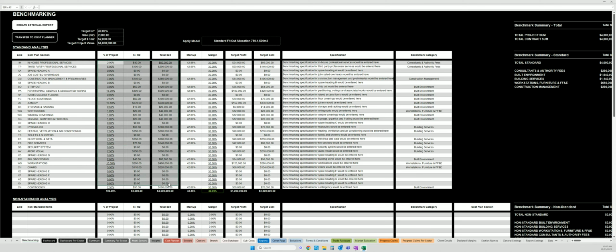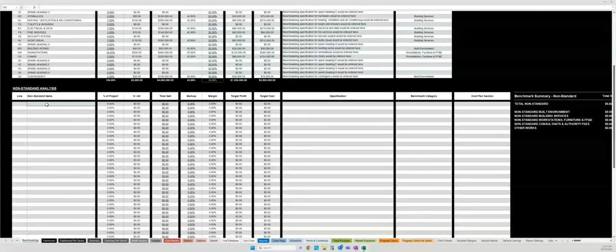So we've allocated our unique items, but there may be certain items within the project that sit outside. In this example, they may go for a single floor or they may go for 2 floors. If they go for 2 floors, they're going to include a staircase. And that you may call as a non-standard item. And so under my non-standard analysis, I might put in staircase. I might say, look, a typical staircase, let's allow